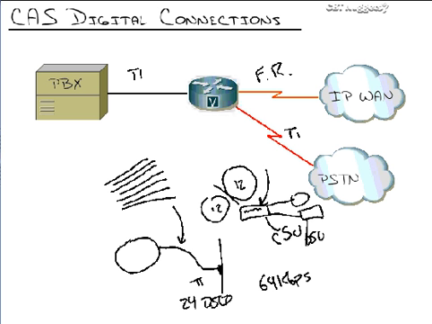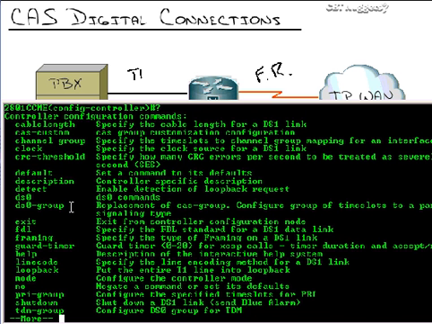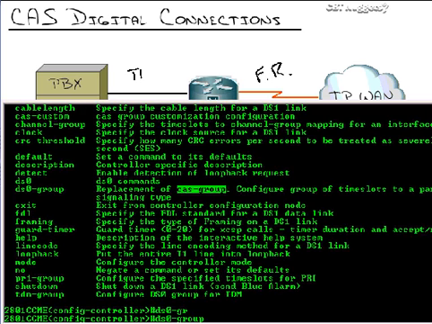So, that being said, let me bring our router right back up here, and let's set this up to do the provisioning. The way we do this under the controller mode is we set up something known as a DS0 group. Now remember, we are configuring a CAS style connection. You can see it says this is a replacement of a CAS group. It used to be called a CAS group. Now we call it DS0 group. So I'm going to type in DS0-group,